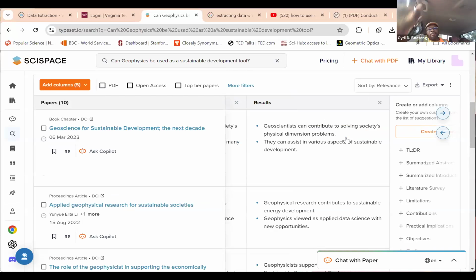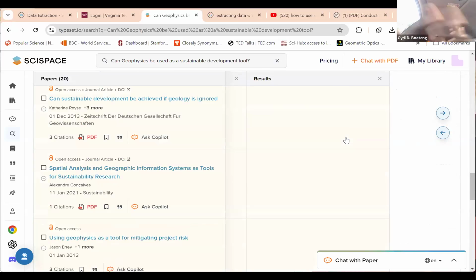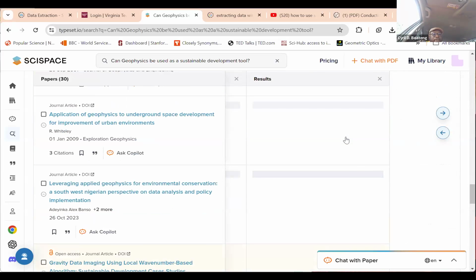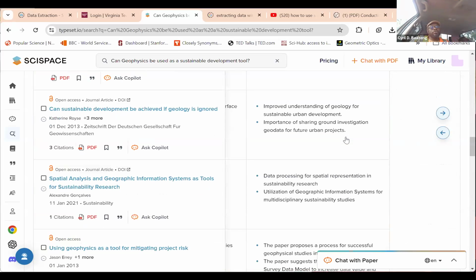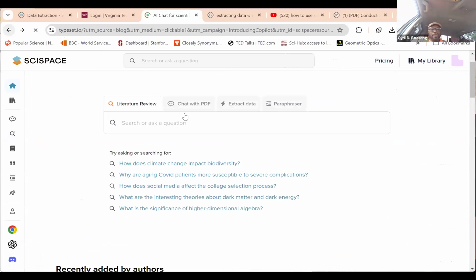So SciSpace has been able to just extract that from this, and you can go and see a lot of papers that it has gotten that from. Depending on what you are doing, you could look at multiple papers that it has done. So that is the first use of SciSpace in terms of extracting data, right? So this you could try your hands on again.